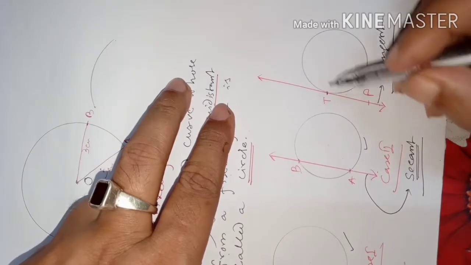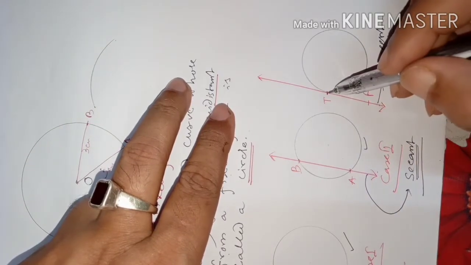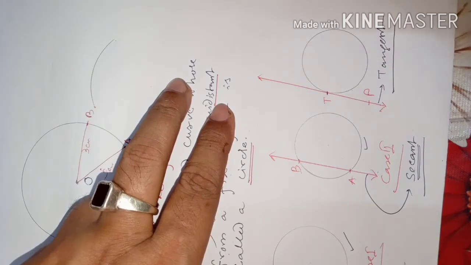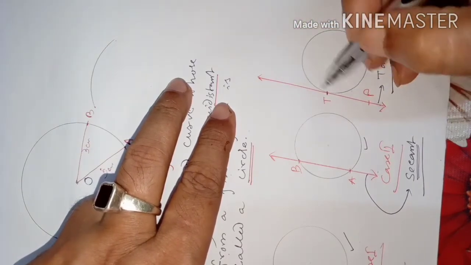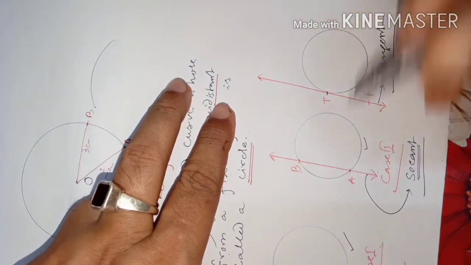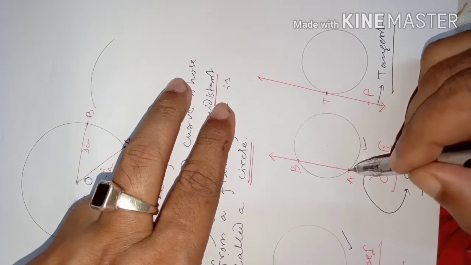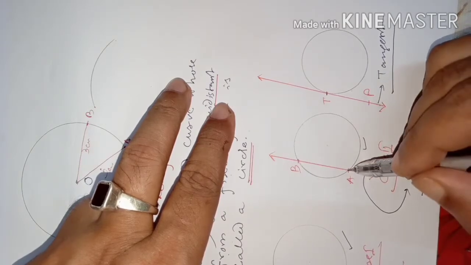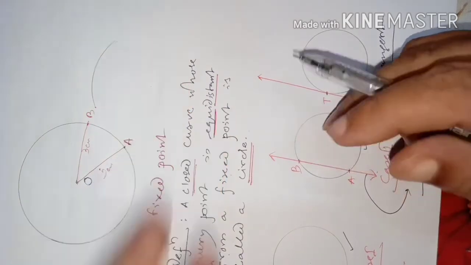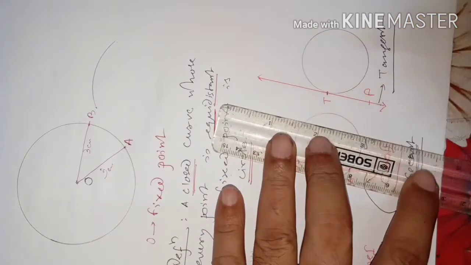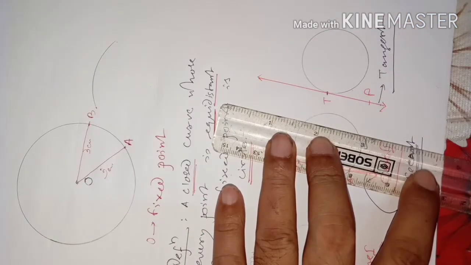Tangent means a line which touches a circle at a point and it goes on, it never meets the circle anywhere again. But a secant is a line that will meet the circle at two places. It has touched here, again it has touched here. So now my question to you, if a line is given this way,